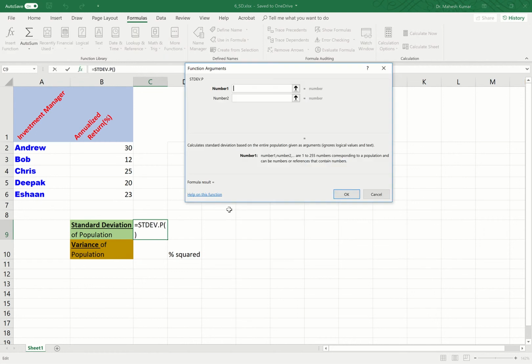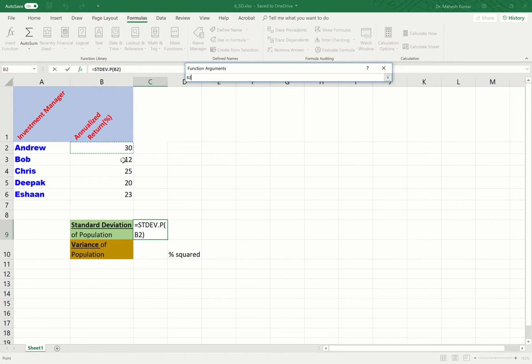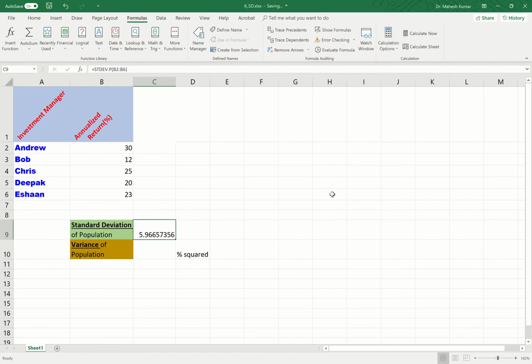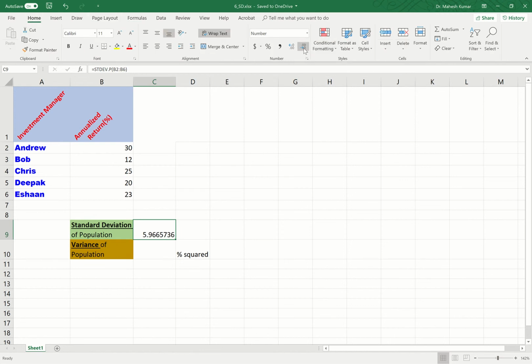So we will click this, and now it is asking for the function arguments, which numbers we want to use here. I will click this arrow and select these 5 returns representing all the 5 investment managers hired by a small investment firm, and the data is in cells B2 to B6. I click OK here, and we get the standard deviation, which is 5.96657356. Again, we can reduce the decimal places